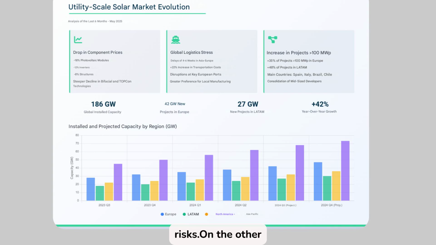On the other hand, the large-scale segment is consolidating. In Europe, 35% of new projects exceed 100 MWp. In Latin America, this figure rises to 48%, led by Brazil and Chile. This marks a turning point. The market is no longer dominated by small distributed wind farms and is focusing on large assets with economies of scale. We are also seeing greater consolidation among mid-sized developers who are now capable of building 200 or even 300